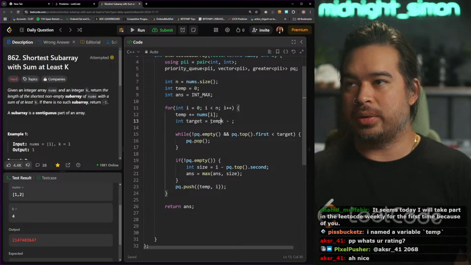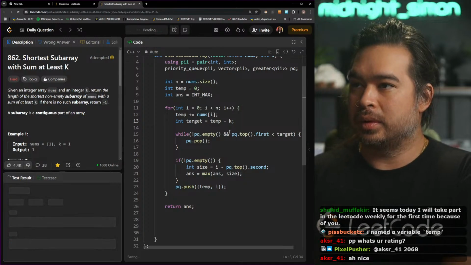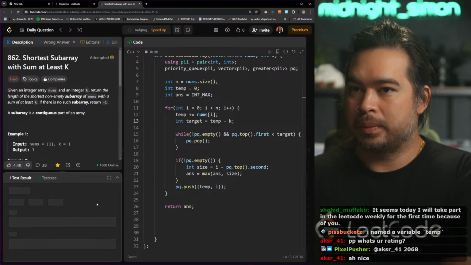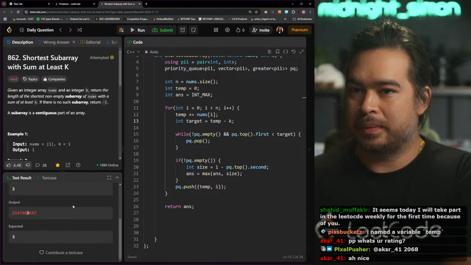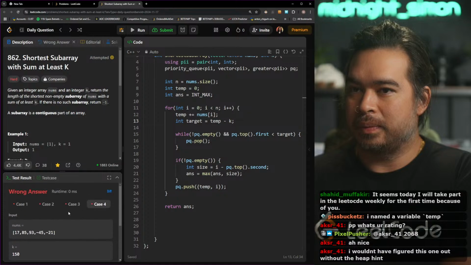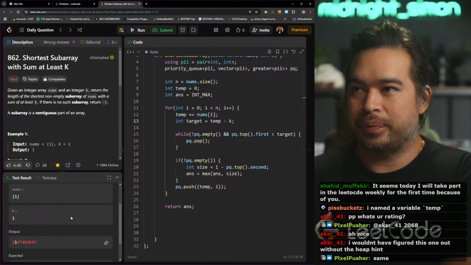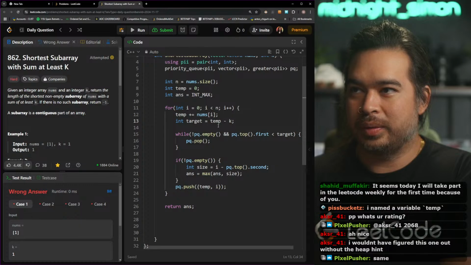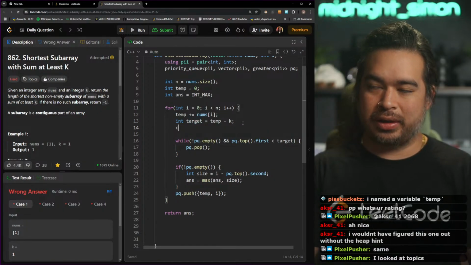Maybe this is backwards. What the hell is going on here, man? So if the thing is less than our target, maybe I need to like